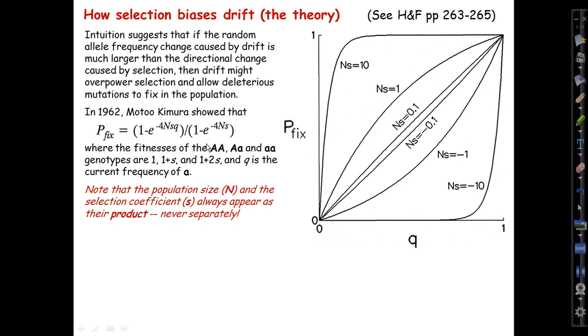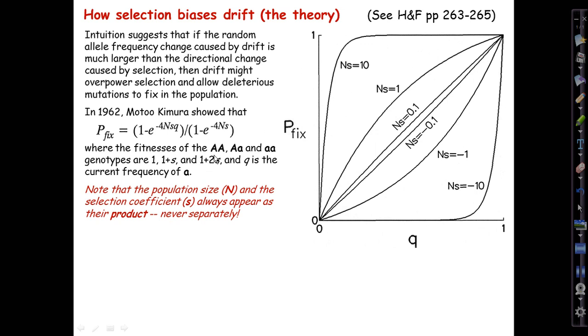Now you don't need to memorize this equation, but for now just look at it and understand what it says. It gives an expression for a probability of fixing, which means the probability of eventually going to an allele frequency of 1,